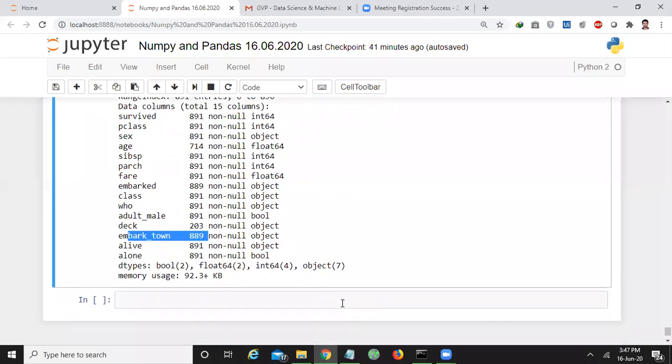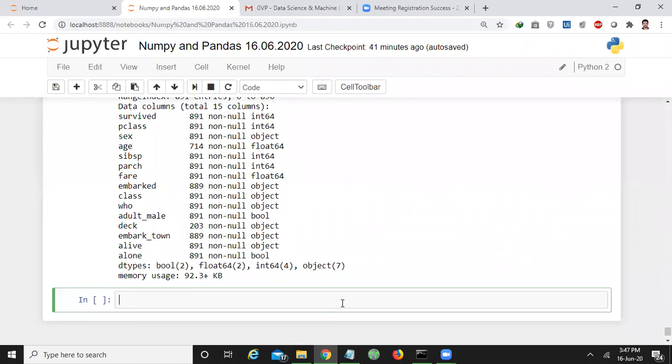Am I clear? Okay. Now let us move on to the visual representation. If you want to do some visual study, the package that you are supposed to import is matplotlib.pyplot as plt.